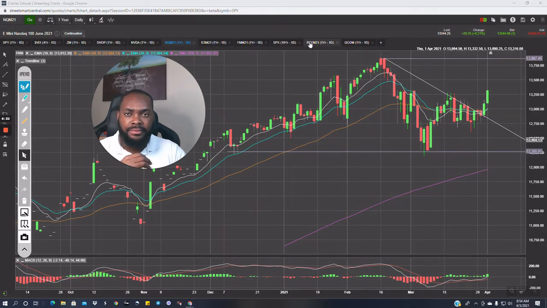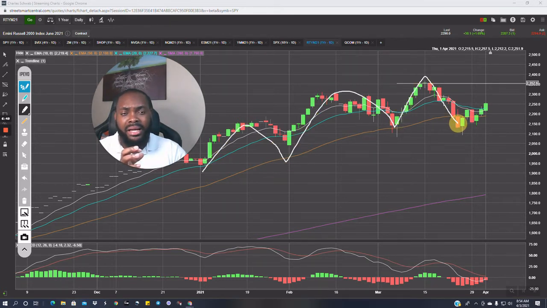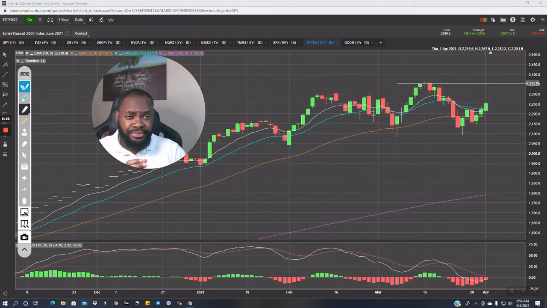All right, guys, I'm going to cover the YM and the RTY. This is something that I don't normally cover, but it is also very important. Why is it important? It's because RTY is the Russell 2000, right? And technically what I'm seeing here is that small cap stocks are trending as well, meaning they're in a bullish trend. So at this level, this was a good place to either hold a RTY contract long, right? So this around 2,200 is a good place, or was a good place to execute a long trade on RTY